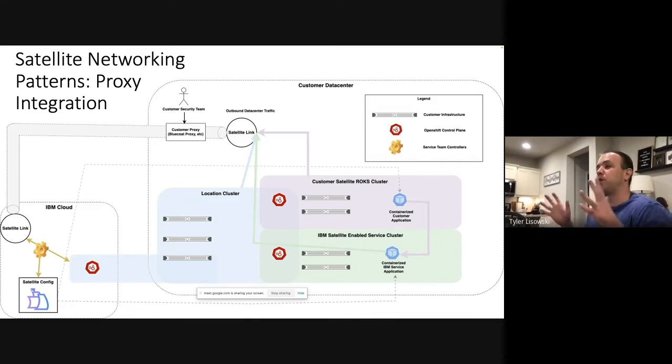And there's a couple of popular patterns that we've seen as far as, really, I'll call it centralizing the point that all egress traffic, as far as an OpenShift or Kubernetes cluster goes, centralizing where all egress traffic leaves that data center and providing hook points to where a security team could deploy a proxy, let's say, whether it's an HTTP proxy or, there's a lot of solutions out there like Broadcom, Bluecoat, different things there,